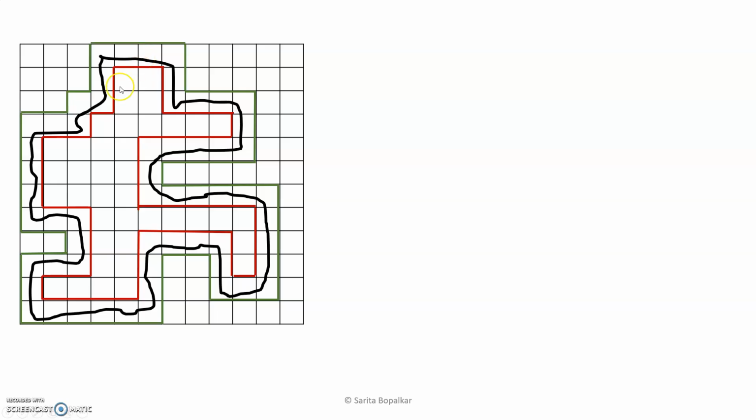The vertices of this polygon will be created by the corners of internal wall and the external wall. That means this boundary you will treat as a rubber band. It will try to fit itself such that its perimeter will be minimum. Now let us see. This blue line represents your representation or approximation of this boundary with a polygon. We have considered this internal wall. We are connecting the corners of internal wall and external wall to obtain a polygon. Now I will connect like this.